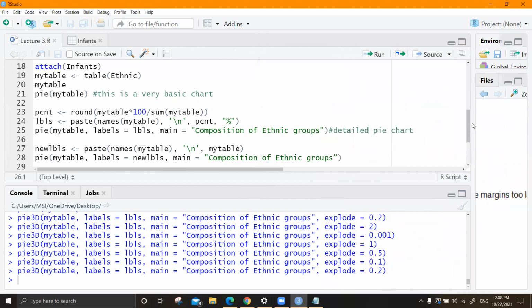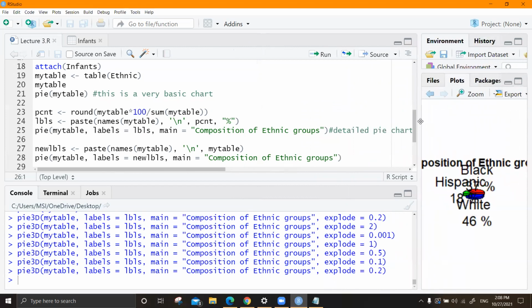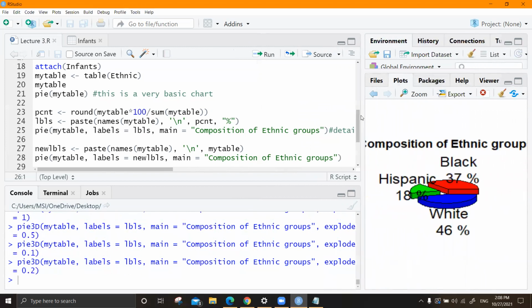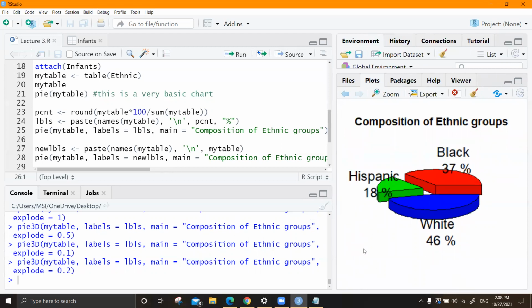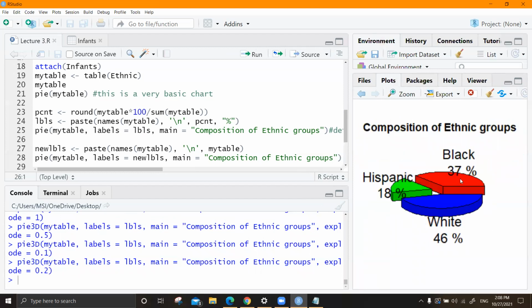Sometimes that happens. See, here I'm also getting, when I keep on decreasing, margins too large, some error is there. So set your margin in a way that the plot could be compiled properly. Just because this is pre-compiled, when I drag this off, it is coming.